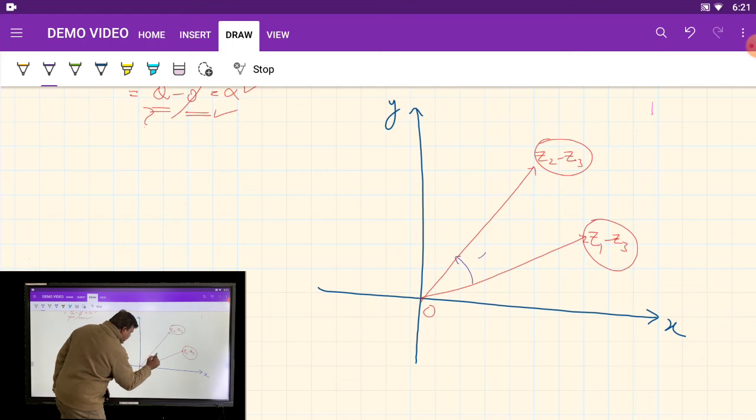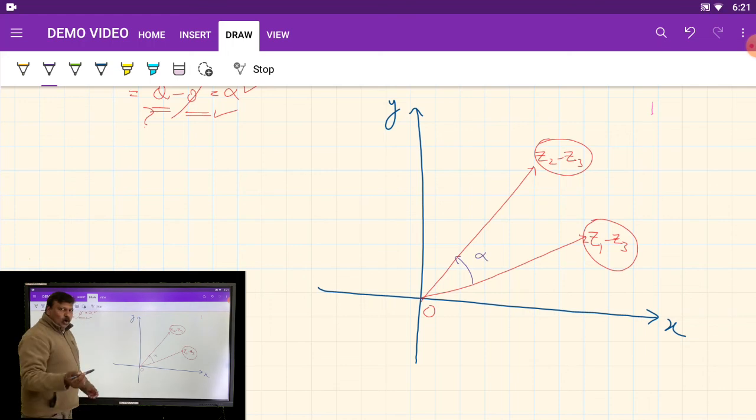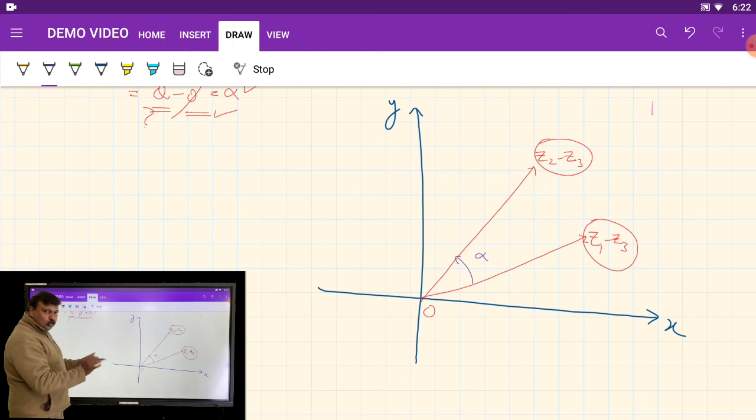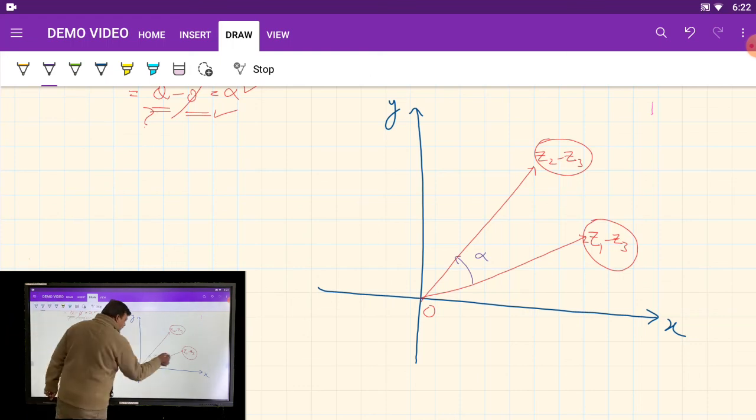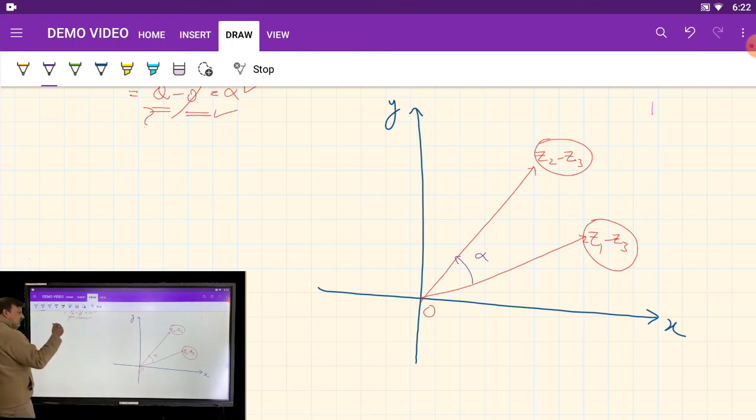Yes, students, this angle is alpha. So now, following the method which we did previously, what did we do previously? Here we had Z2, here we had Z1, and here we have alpha. So instead of writing Z2 as Z2, we write Z2 minus Z3 as Z2. So we'll have the CONI'S rotation method applied here with Z2 minus Z3 upon Z1 minus Z3,